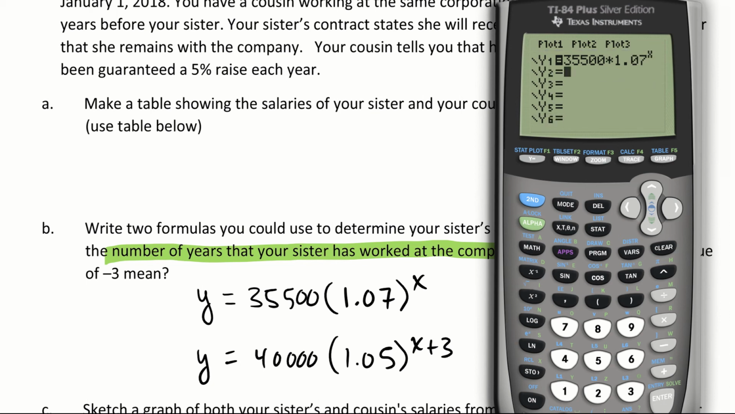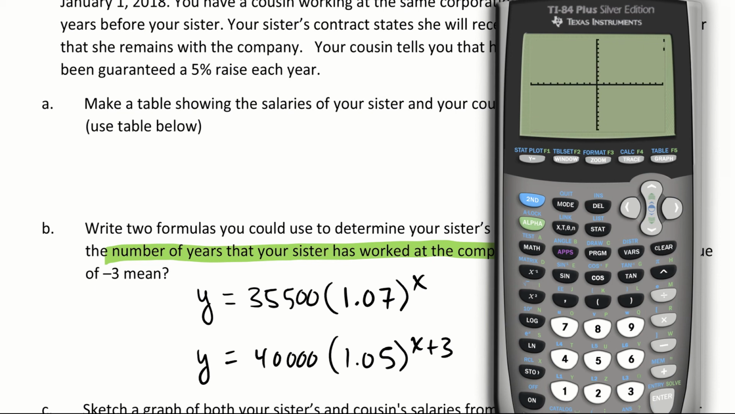All right, there's your sister, that's y1, and then for the cousin, it's going to be 40,000 times 1.05, and we'll raise that to the x plus 3 power. So we know, because of this higher interest rate, that eventually the sister's going to overtake the salary of the cousin. It's just a matter of time because he's just getting 5% pay increases and she's getting 7% pay increases. So if I want to graph this, I could just hit graph and I see